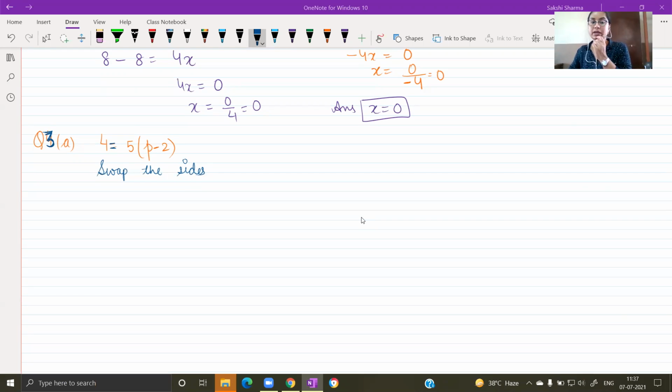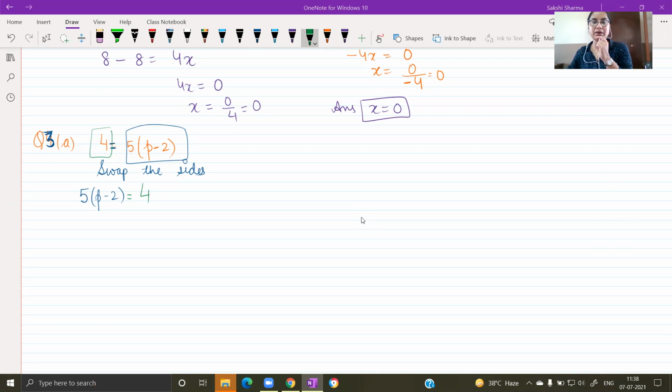Swap the sides means we are exchanging the sides. Whatever is written on the right hand side of the equals to, this complete expression from the right side will be written on the left side. The expression that was on the left side will be written on the right side. It's like changing the seat of two students. Now you can continue. You can solve with the equation given above, or you can do this extra step and then find out your answer.